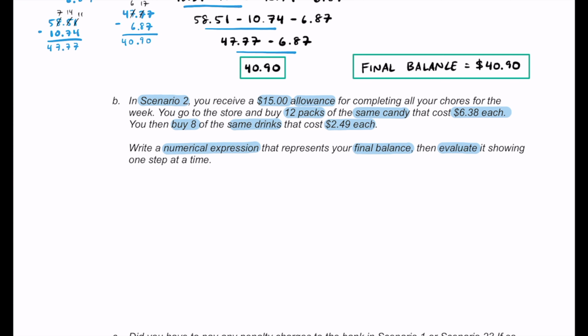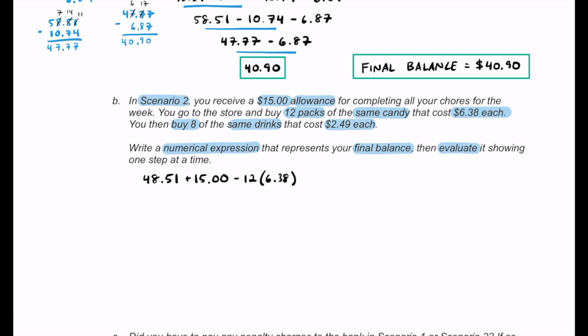All right, so we're going to start off with that 48.51 that we had at the very beginning in our bank account. Because we are getting a $15 allowance, we're going to add $15 to this account. That's money that we're making. And then we're going to start buying some things. So we're going to buy 12 packs of the same candy, and they are $6.38 each. So let's subtract. We're going to subtract 12 of these